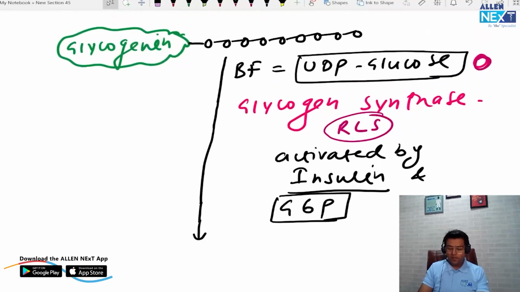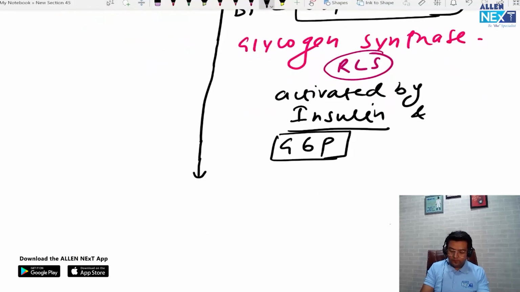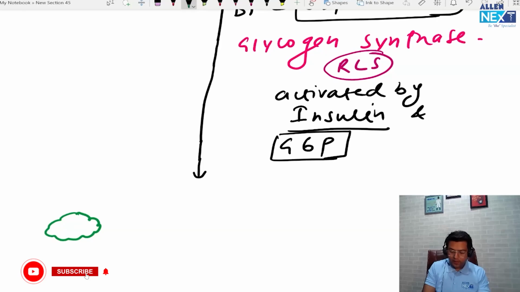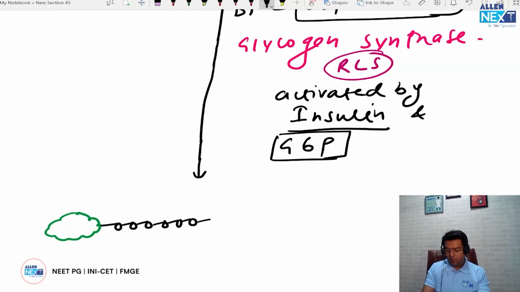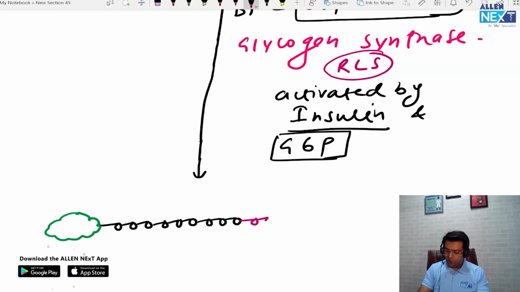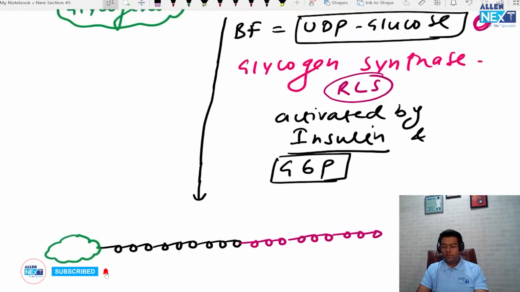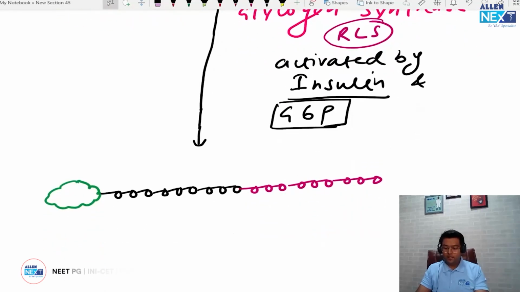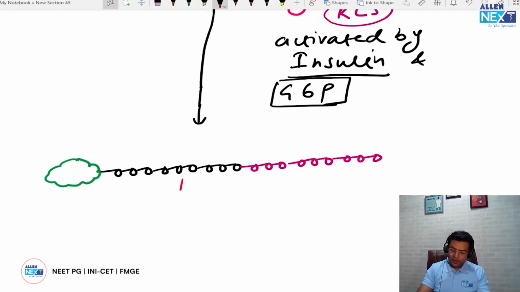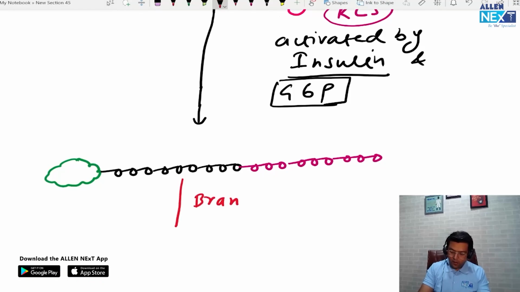ग्लाइकोजेनिन ने अब क्या किया? ये ग्लाइकोजेनिन क्या होता है कि चलो मान लो फिर से बना लेते हैं, ग्लाइकोजेनिन हो गया। दिस इज रेजिडुअल ग्लूकोज 1 2 3 4 5 6 7 8 9। फिर से अब हम पिंक कलर ले लेते हैं, 1 2 3 4 5 6 7 8 9। तो अब ये यूटीपी ग्लूकोज से इसने ग्लूकोज ले लिया, ग्लाइकोजन सिंथेस ने, राइट। नाउ गाइस वी नीड ए ब्रांचिंग एंजाइम, फाइन। तो देयर इज एंजाइम दैट्स कॉल्ड एज द ब्रांचिंग